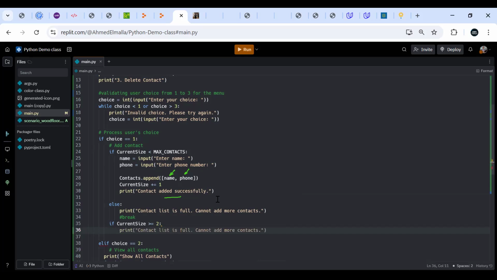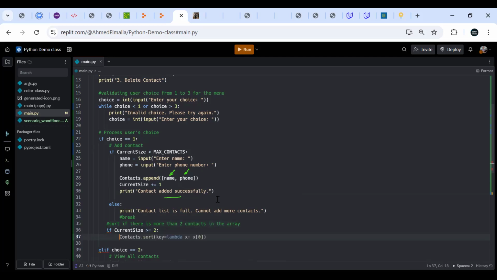like that. So if it is bigger than 2, you need to insert the algorithm for sorting. So we can also put a comment here: sort if there is more than 2 contacts in the array. Okay, so I will go copy the template sorting algorithm,